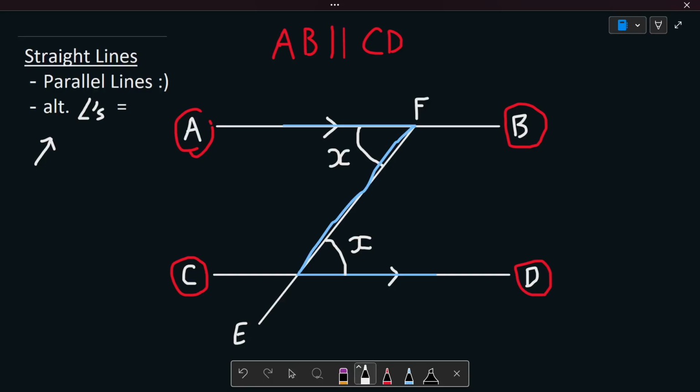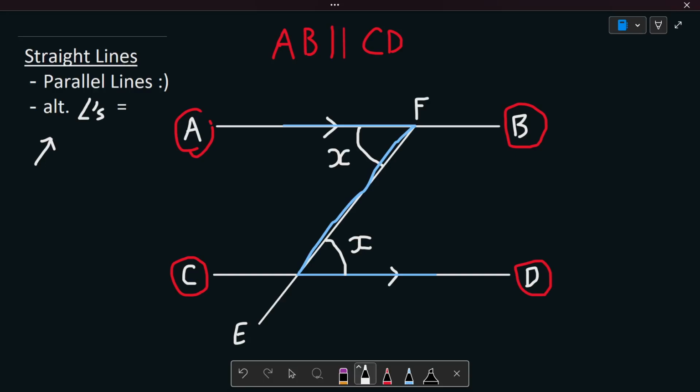So once again, we have a Z shape over here, and these two angles will always be equal to each other only if the two lines are parallel to each other, which is AB and CD in this example. Sometimes they'll rotate these lines around to make it look confusing, but at the same time we need to know from our information which lines are parallel to each other, and then we can look out for other lines that are going through other lines, which in this case EF is going through both lines AB and